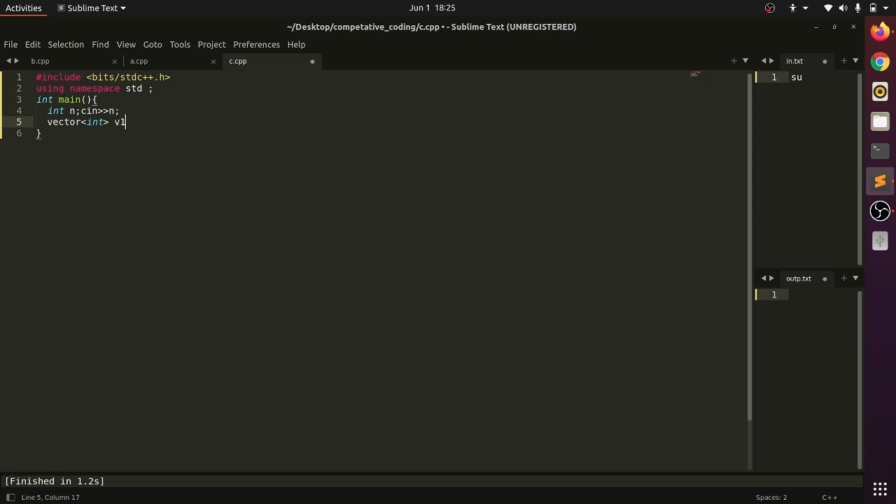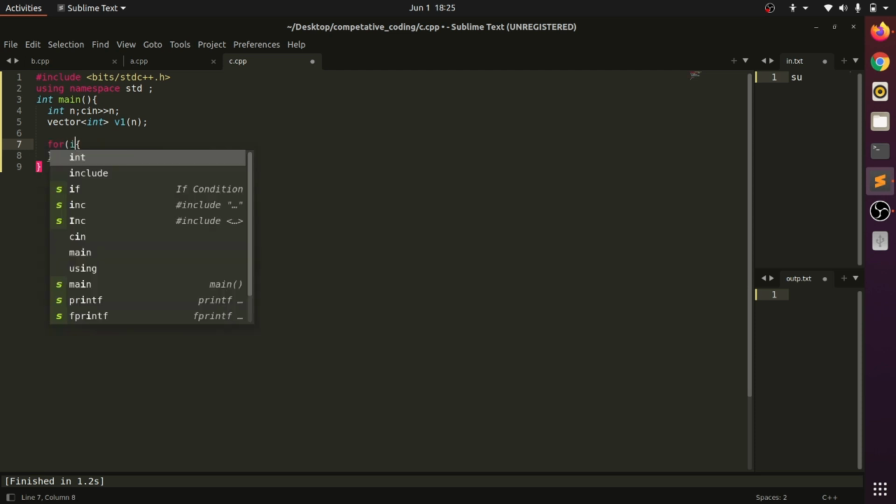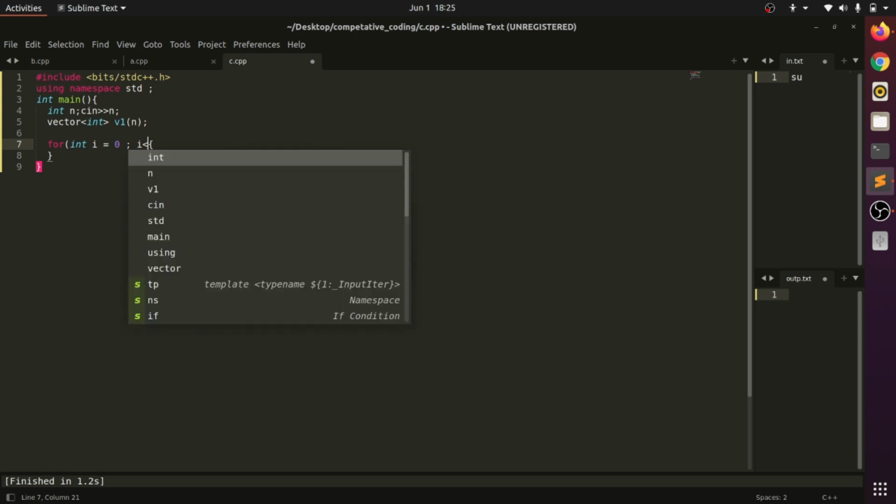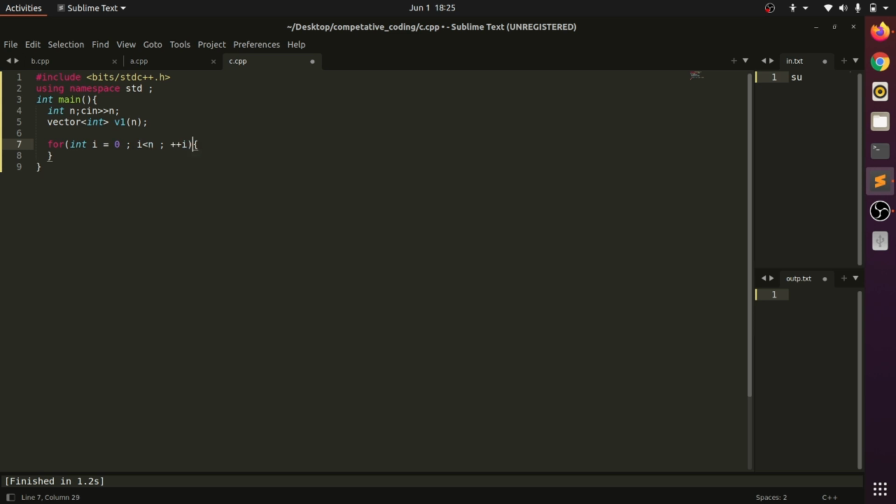So, vector v1 of size n. Then firstly I take the input of the array: int i equals 0, i less than n, i plus plus.